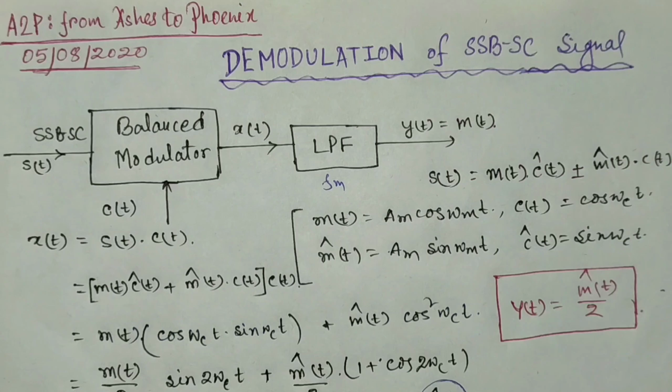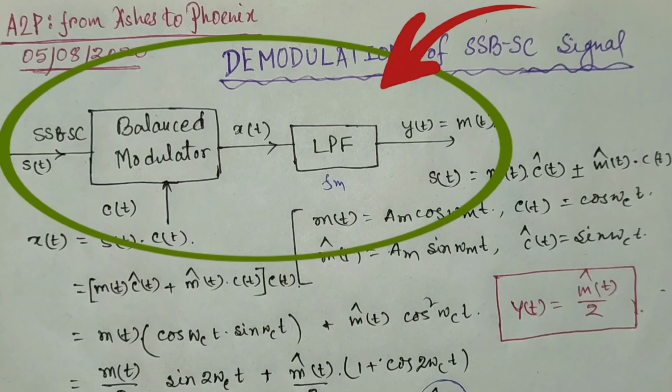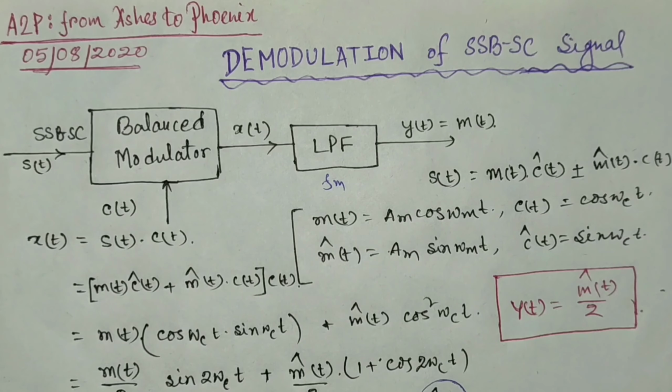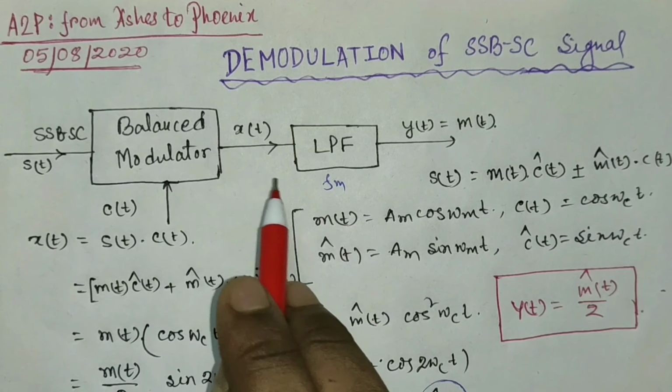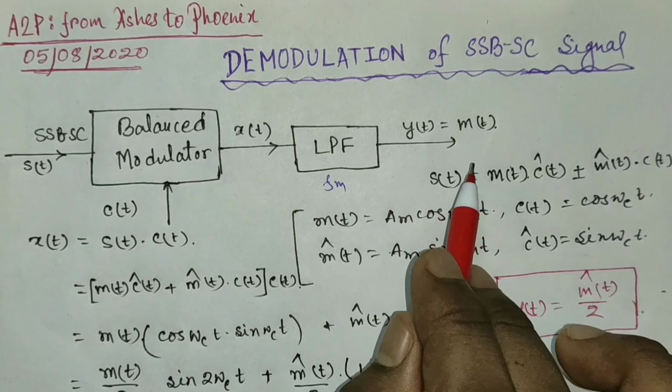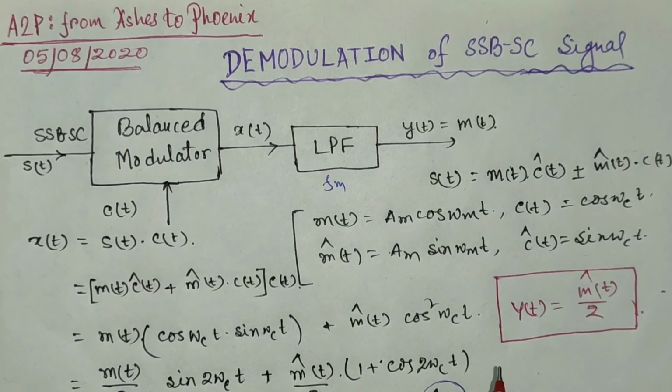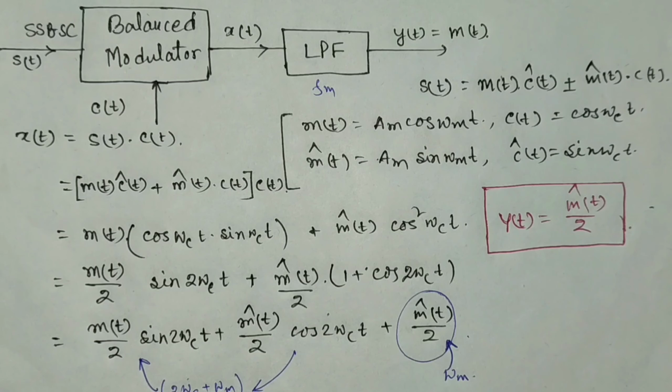Let us do a quick recap. SSBSC signal is demodulated using coherent detection, because using envelope detector we will have a distorted signal at the output. The general block diagram of synchronous detection or coherent detection is this. The signal which we want to demodulate, that is s(t), and a locally generated signal coherent to the carrier signal that is used to generate it are passed through the balanced modulator. The output is then passed to a low pass filter, and the output we are getting is the message signal we desire to find at the receiver end. And this is the complete working of this process.